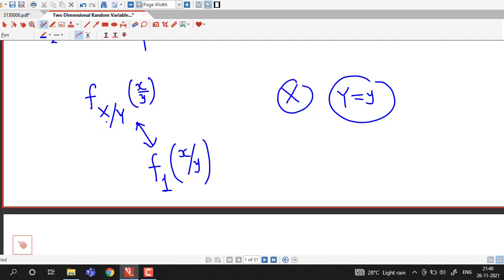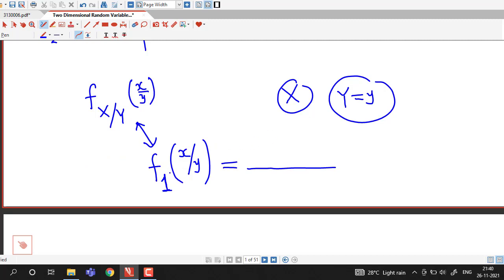Instead of the conditional density of x, they are using the conditional density of the first random variable capital X, which is denoted by 1. And we have defined this conditional density function in earlier lectures. If you are watching this lecture for the first time, and if you have not watched previous lectures on two-dimensional random variables,